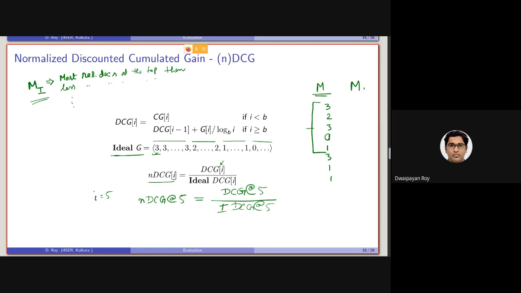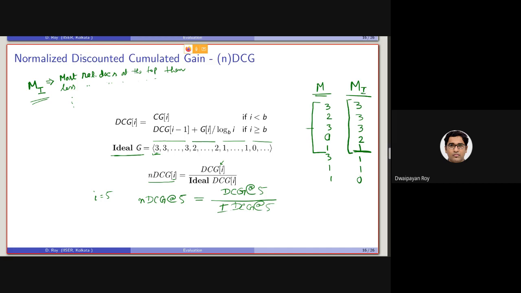For the ideal system MI, the document should be retrieved first 3, then again 3. So let's say these are all the documents in the system. Then 2, then 1, then 1. Oh, sorry, there are three 3s, then 2, then 1, then 1, then 1, then 0. Up to rank position 5, this is the ideal.